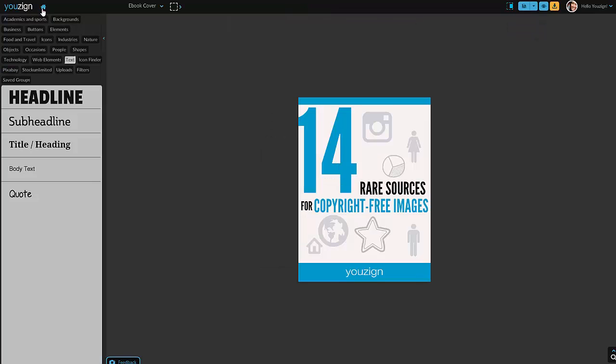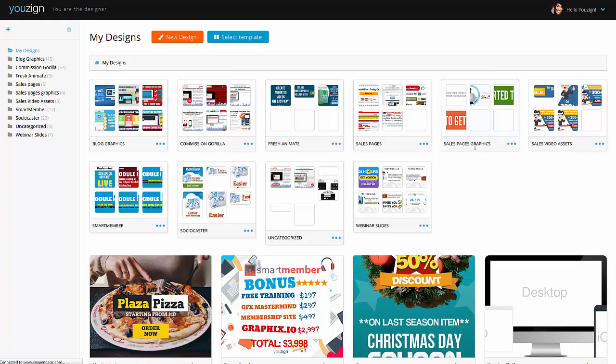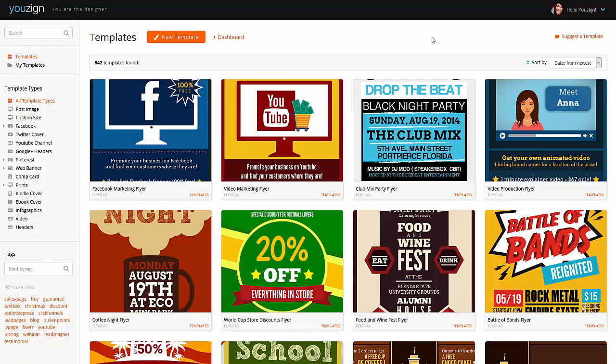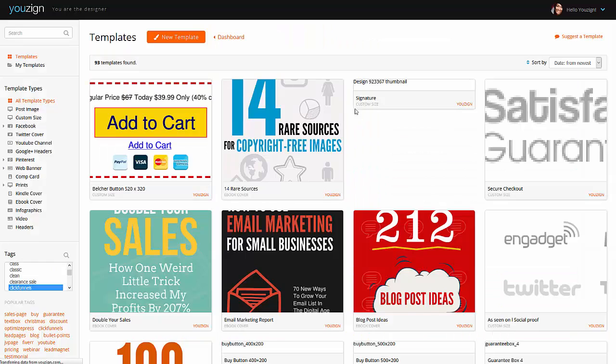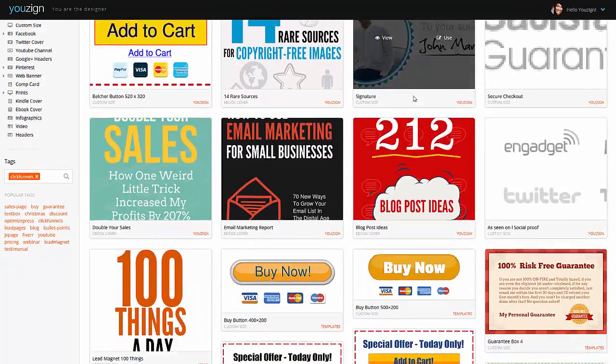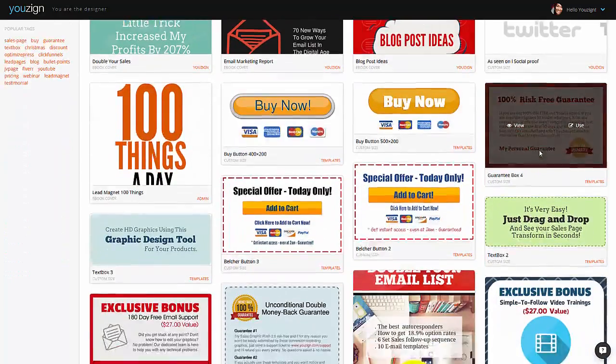I'm going to jump back out to the templates again now and show you one last feature, and then you can find out the rest yourself when you're playing around. But I could be on here for hours showing you stuff. There are so many features that we've crammed into this app. You'll see here we've got tags. We've also tagged images, and we're adding ones for specific things that are in our area of business. So we've got ones here for ClickFunnels. If you click that, then click search, we've got a whole load of like internet marketing style images and things here, like buy buttons and guarantees,